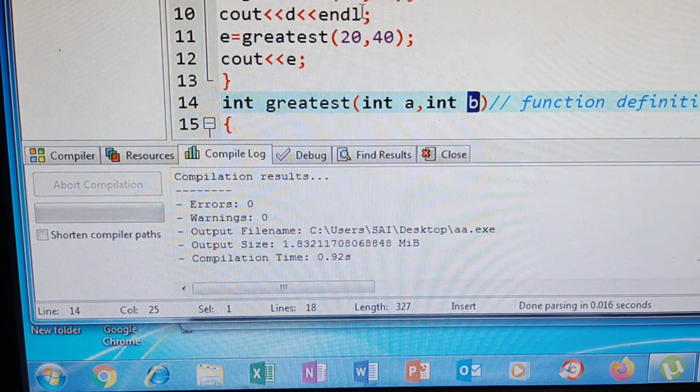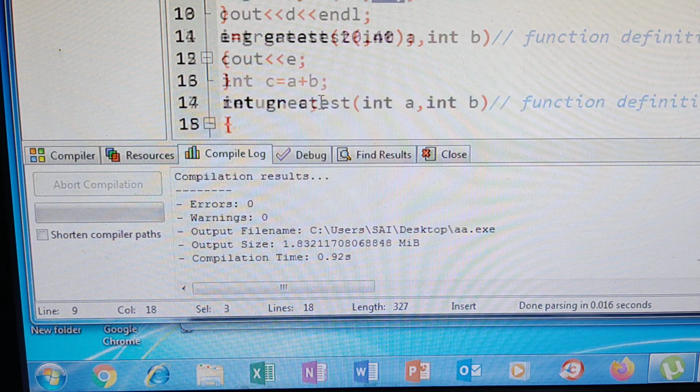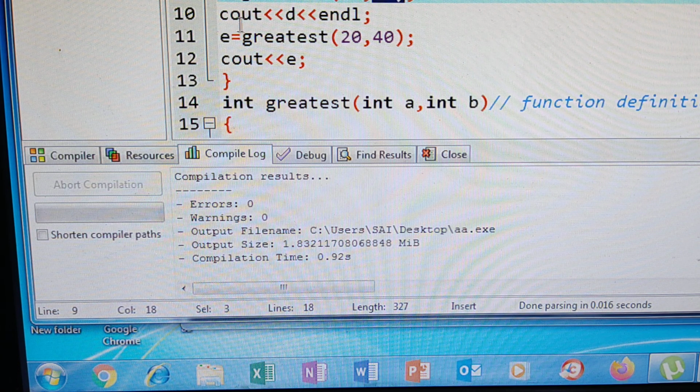Okay. Again, when control comes to this line, in A 50 will be stored, in B 20 will be stored, and C is calculated. And when the C value is written back to this D, again this 50 and 20 will be erased from the memory.